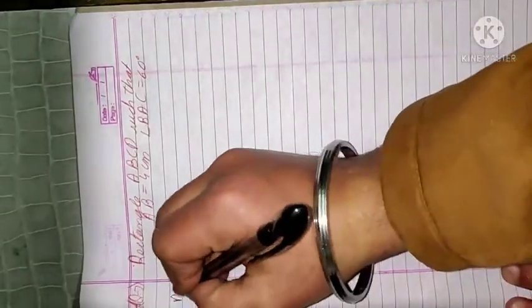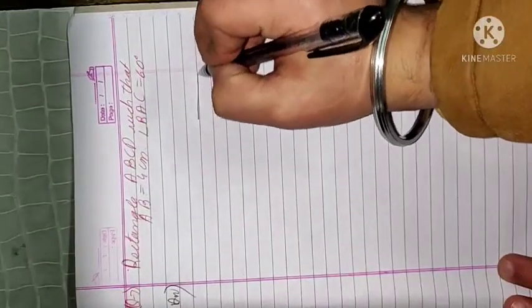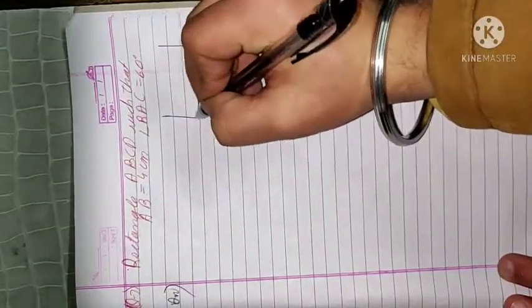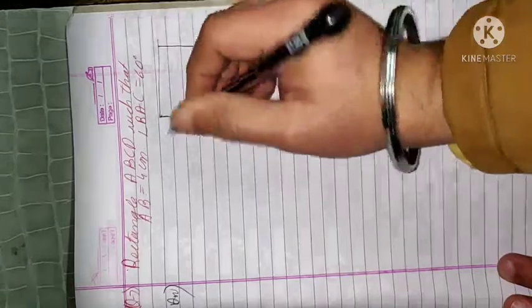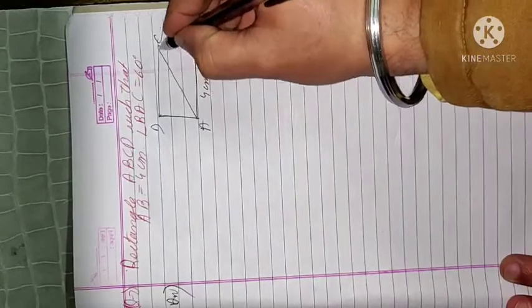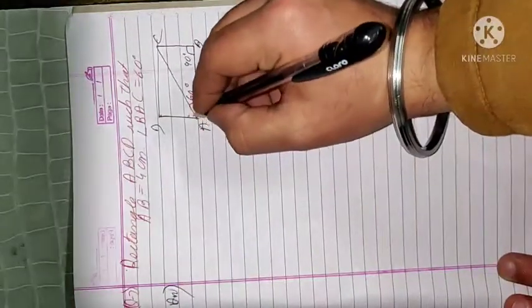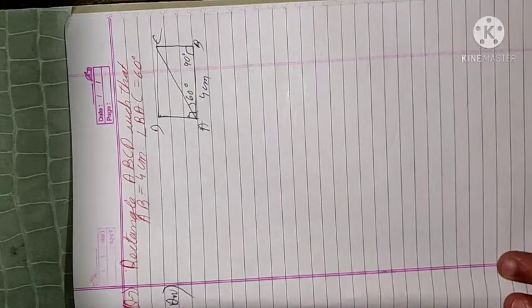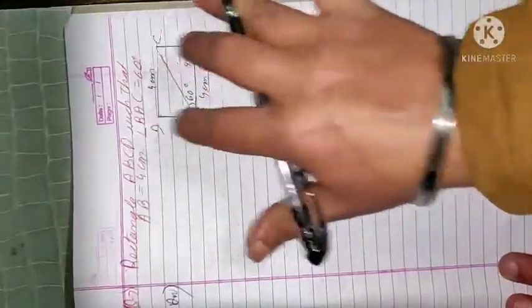Here first we will construct a rough figure. We have to construct a rectangle ABCD. Here this is AB, that is 4 centimeters. Angle BAC is given as 60 degree. This will be 90 degree. This remaining angle, this complete was 90. This complete is 90 degree. So if this is 4, this will also be 4 centimeters. Opposite sides are equal.